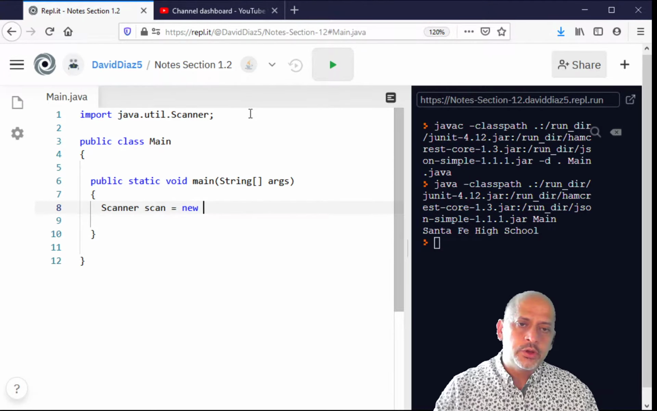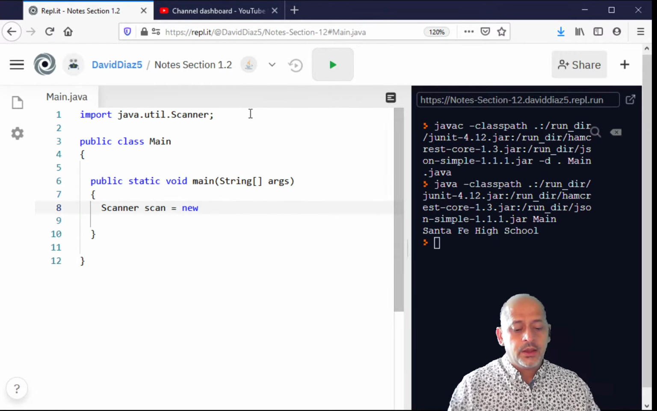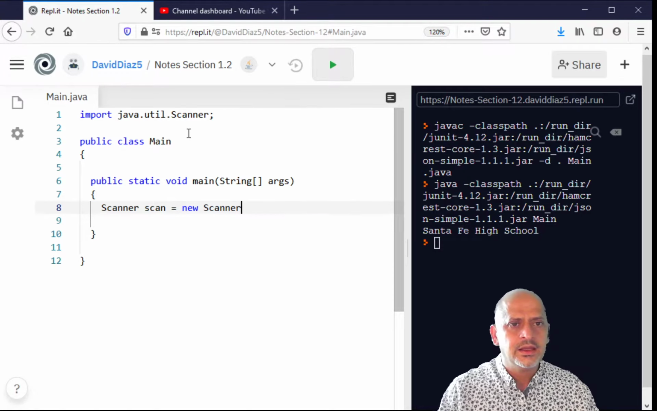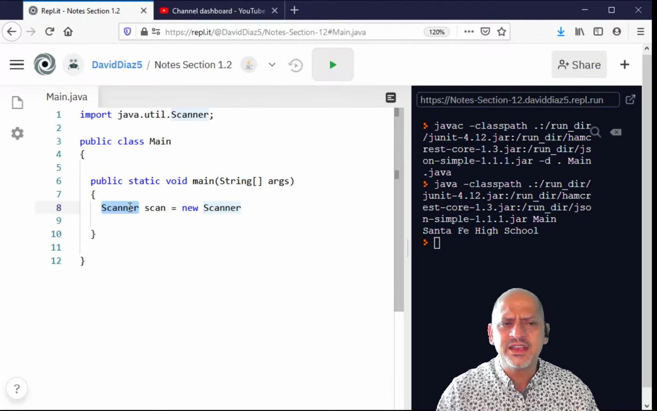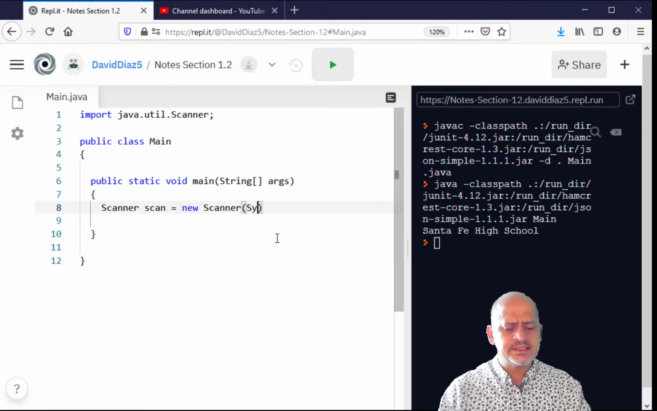And we'll talk about the word new once we start building on unit number 2. It's going to be Scanner once again. And I know you say, hold on, Diaz, how can that make any sense? We have the word Scanner here and the word Scanner here. We'll talk about that later. And then it's going to be System.in,